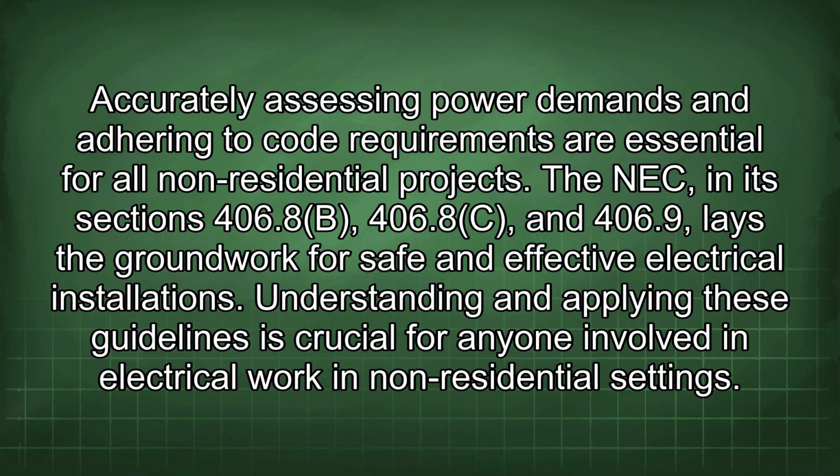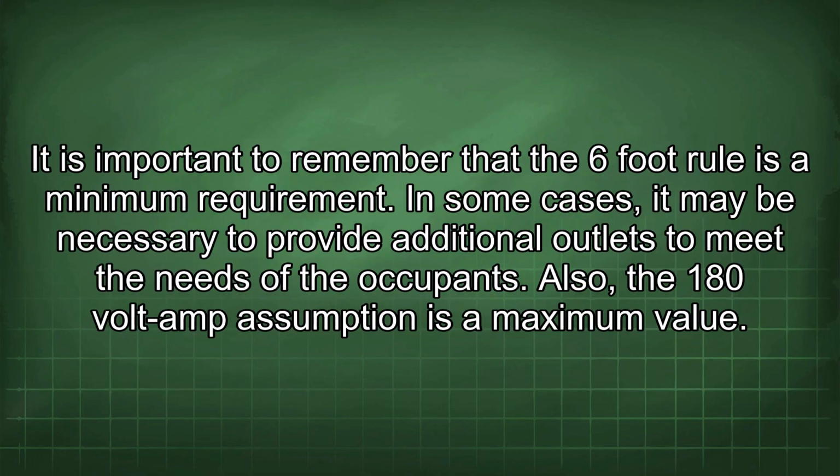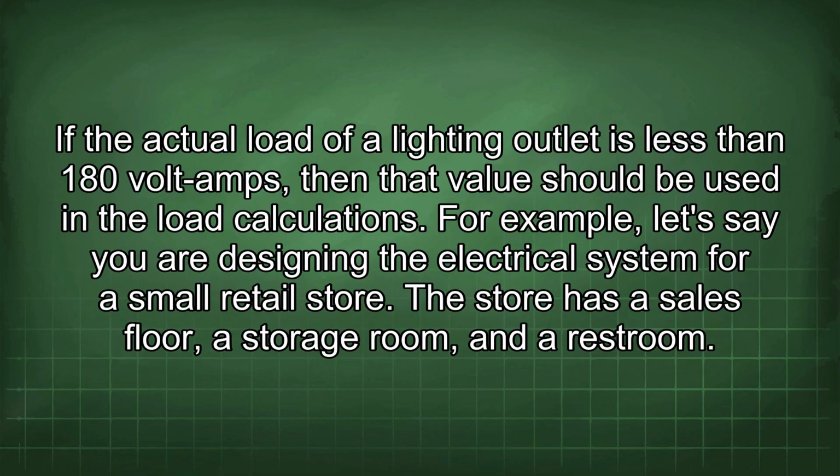The NEC, in its sections 406.8(b), 406.8(c), and 406.9, lays the groundwork for safe and effective electrical installations. Understanding and applying these guidelines is crucial for anyone involved in electrical work in non-residential settings. It is important to remember that the 6-foot rule is a minimum requirement. In some cases, it may be necessary to provide additional outlets to meet the needs of the occupants. Also, the 180 volt amp assumption is a maximum value. If the actual load of a lighting outlet is less than 180 volt amps, then that value should be used